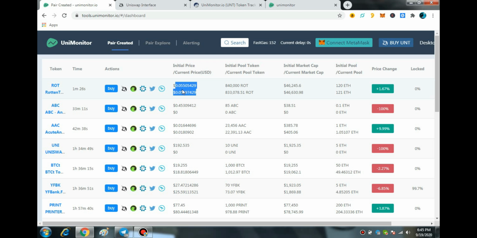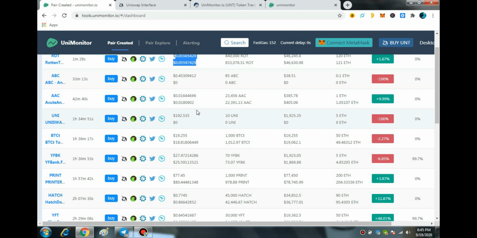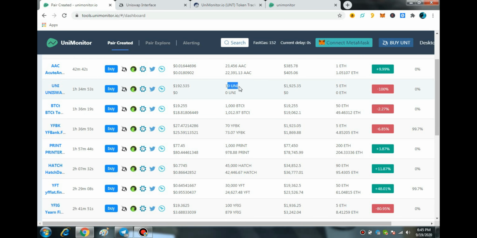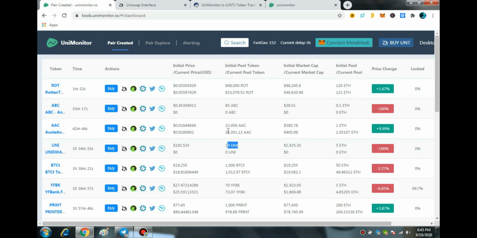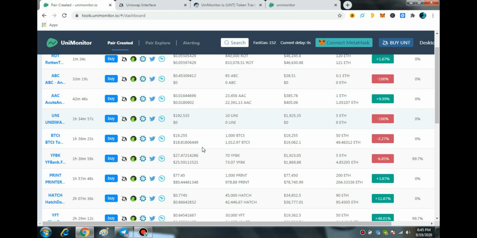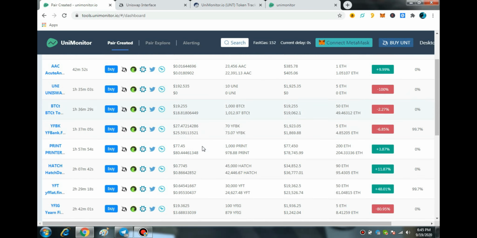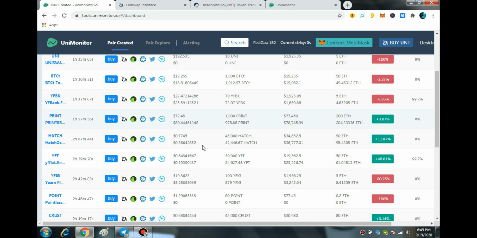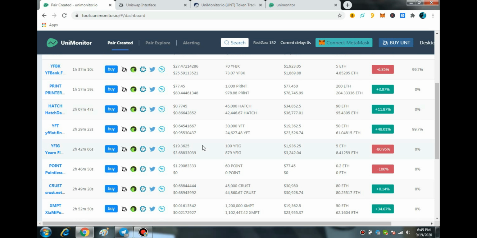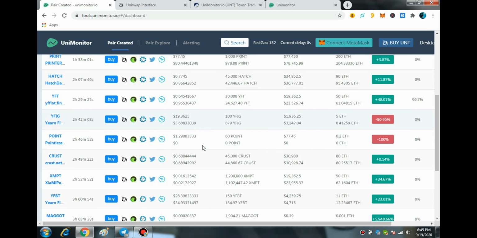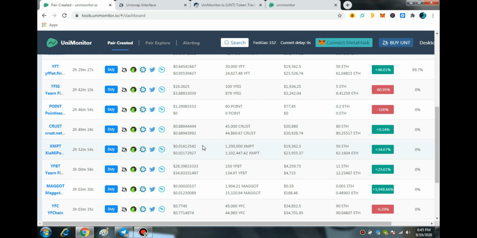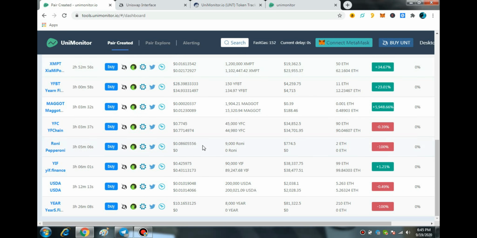So it's a great thing and a great opportunity for all the users, because you can save your funds from all the scams if you utilize Unimonitor in your daily trading. The entire supply of the UNT token is only 6 million, and they already burned 4 million tokens. So it means the token supply is not large, and definitely the price will increase very soon. And at the end of the video I will definitely do the price prediction of the UNT token.